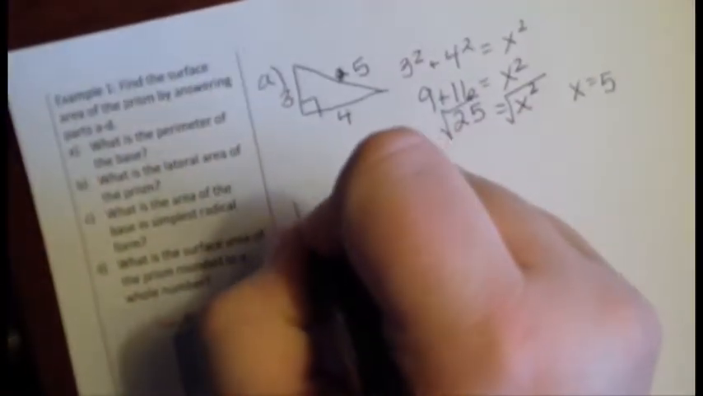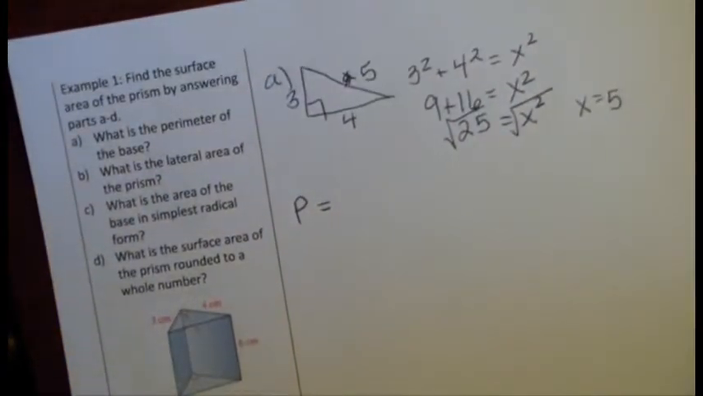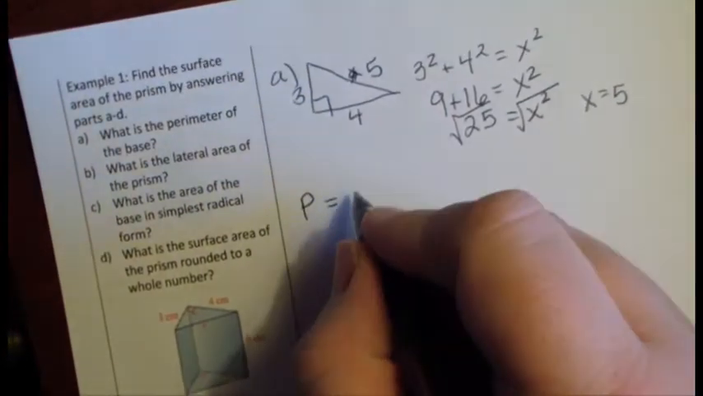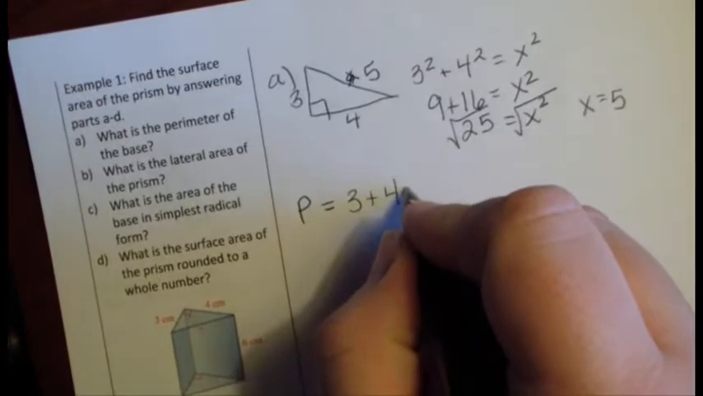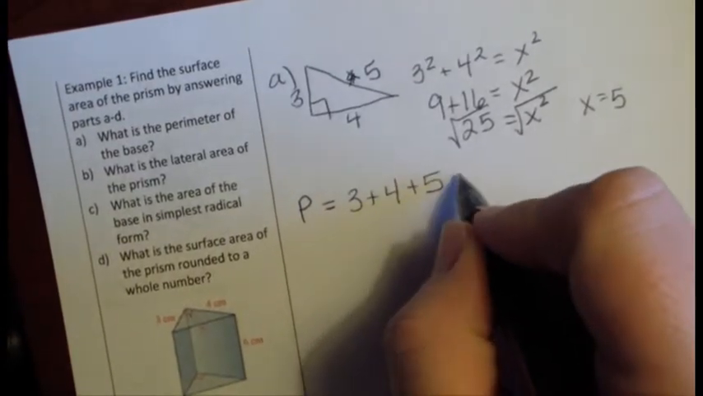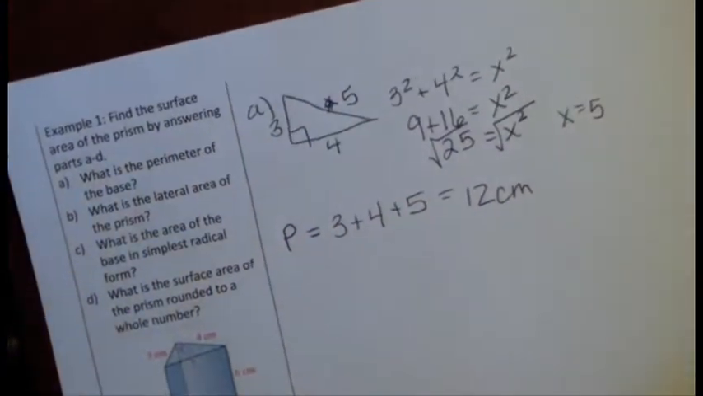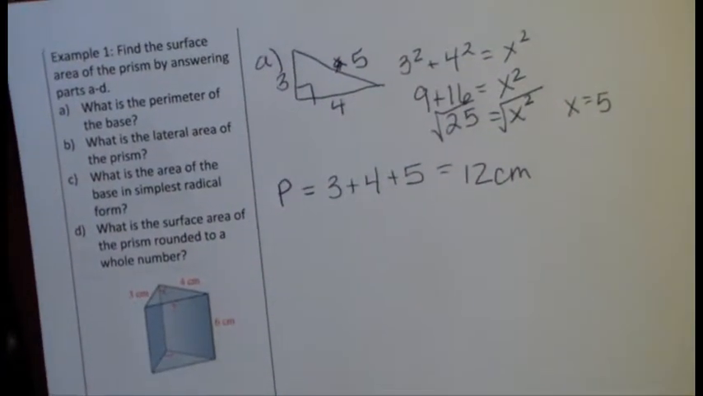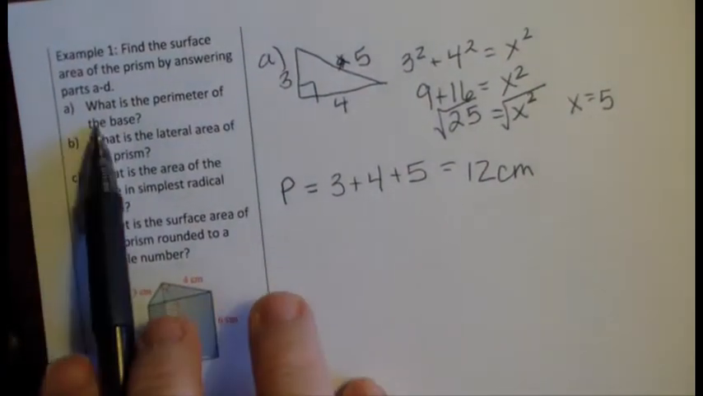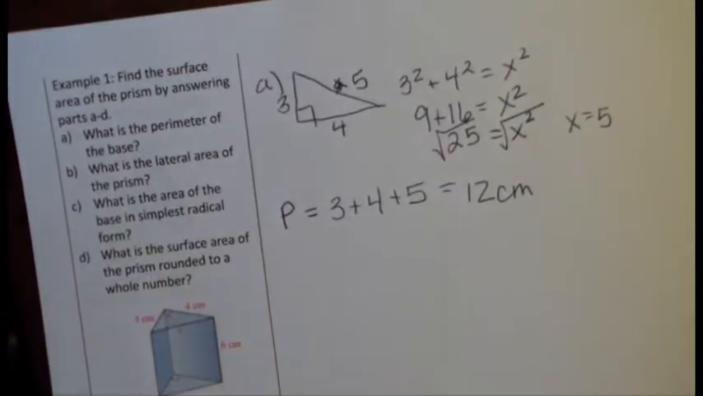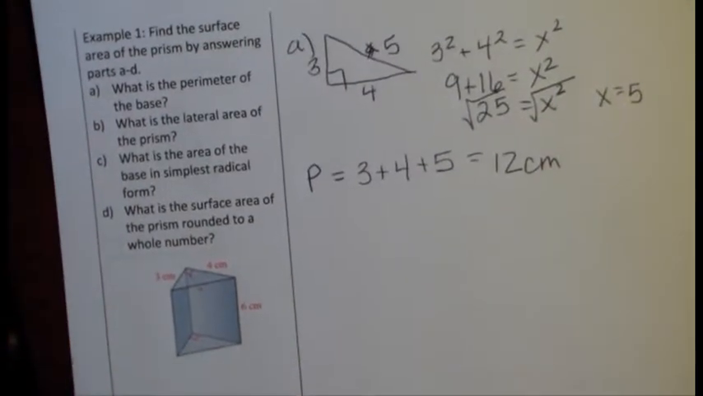So the perimeter of our base, the perimeter of our triangle, is 3 centimeters plus 4 centimeters plus 5 centimeters, which is 12 centimeters. Alright, so there's the perimeter of our base. Part B says what is the lateral area of the prism. So from our formula